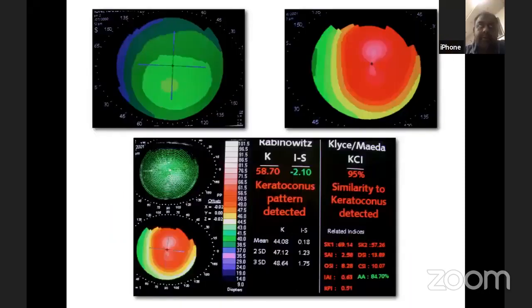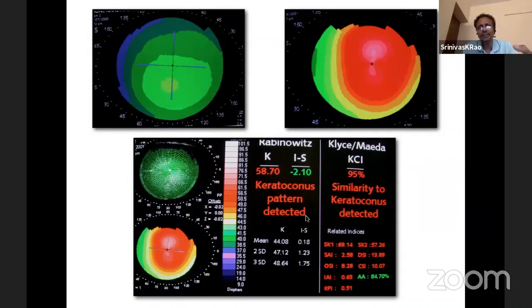So in order to help the clinician, these topographic devices introduce certain automated indices. These are basically algorithms used by the machine, because it's a computer, to help you decide the possible similarity in appearance of that particular map to a keratoconus. The earliest index was the Rabinowitz index. Basically, he looked at the central keratometry. He also looked at what he called the I-S value,